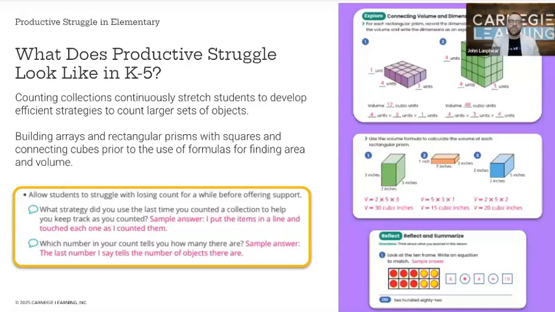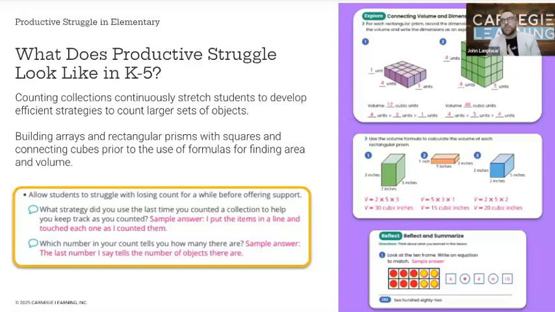Another, at the other tail end of elementary that we see is within geometry. One of my favorite activities is looking at rectangular prisms and volume. And a lot of the want is to jump to those formulas early on. And when we think about those formulas early on of length times width times height, we want to give students that opportunity to try to build those early on, to see what those actually mean. And one of the